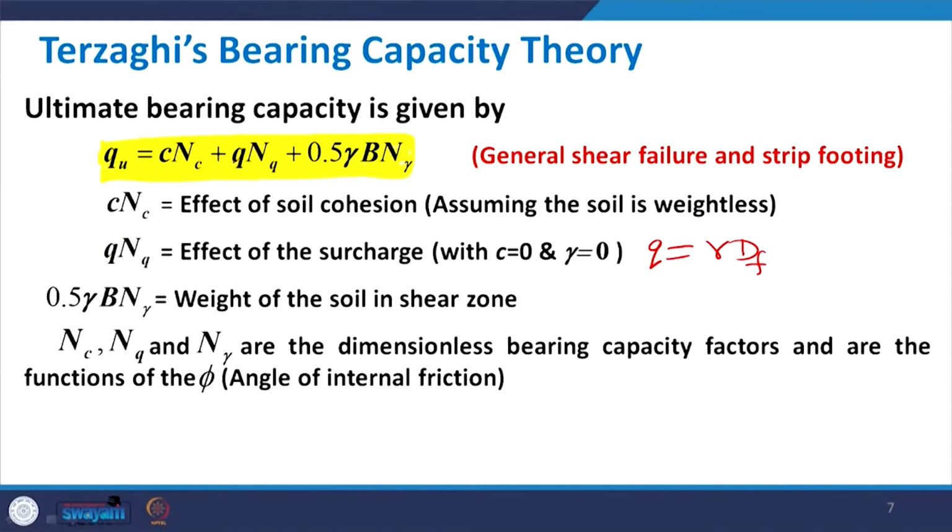So, once you increase the value of df, then the value of the Q second term is going to increase. If you increase the value of width B, then the last, that is the third term, is going to increase. If you increase the value of C, then the first term is going to increase, and if you increase the value of phi, the angle of internal friction, then all 3 terms are going to increase, because as you will see